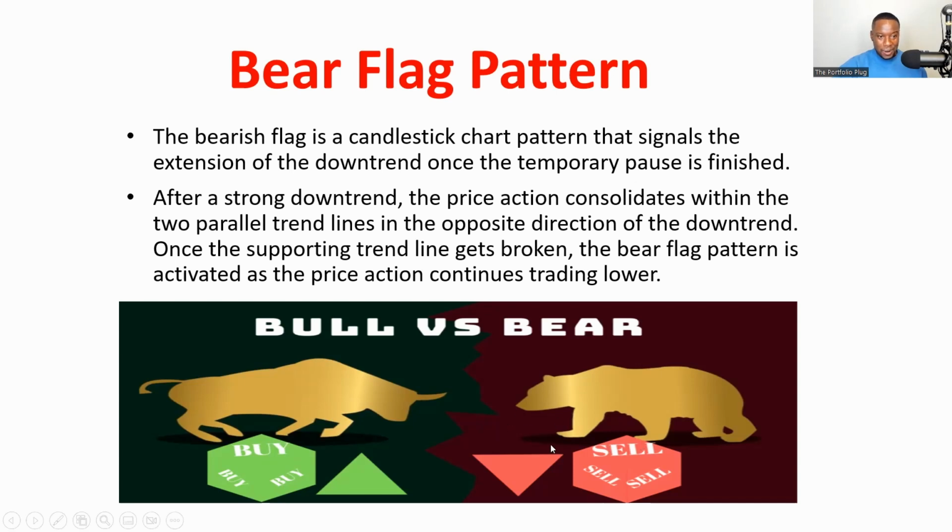When people are panicking, you want to buy, and then you want to sell when there's a lot of greed in the market, right? Buy low, sell high. But when it comes to bull, when things are going up, you want to play the call, because you make money as the stock goes up, right? So calls, puts. So when it comes to a bear flag pattern, what you have is a candlestick, like a pole, and